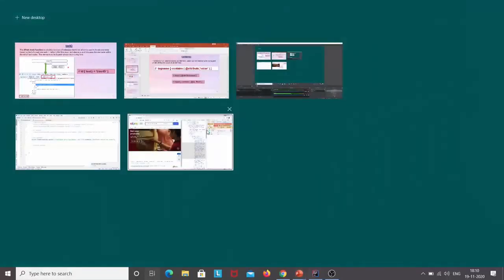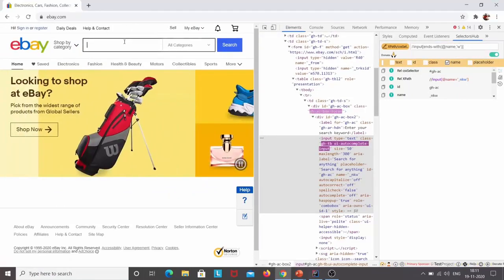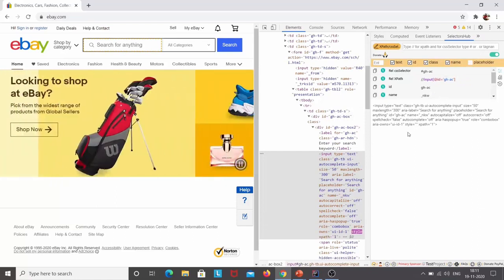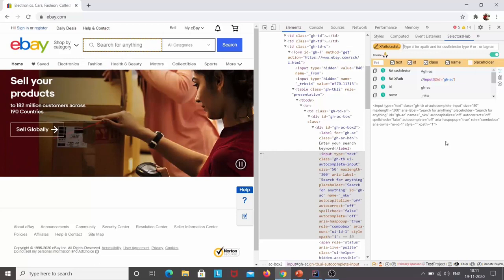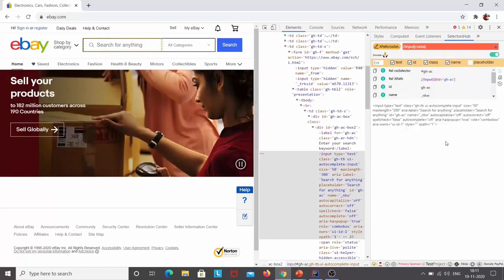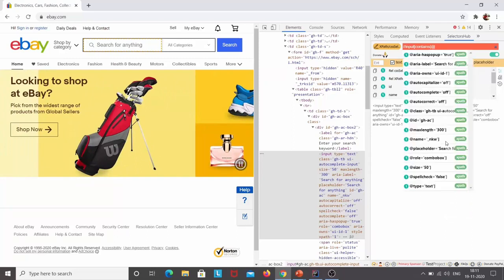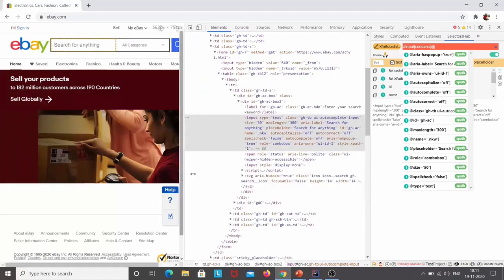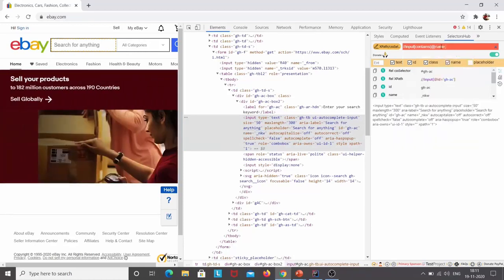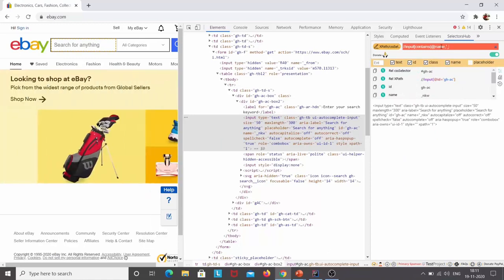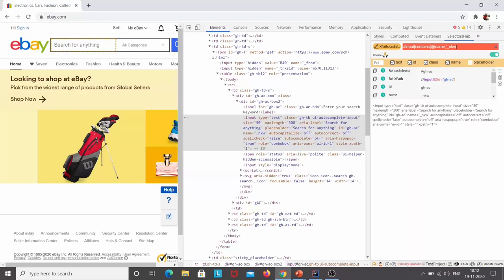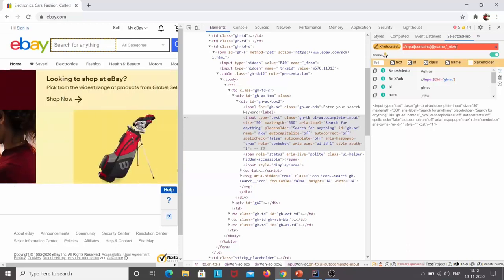So let's implement this first. Now this is the page, this is the element that I want to inspect. I'll click on inspect and here it is. So what I'm going to do is write the XPath over here, for the contains method. So let me write 2 slashes, the tag name, input, then contains, open brackets, @ I'll use the name attribute. So I'll write name, comma, single quotes, underscore nkw. Here you can see this value. Let me copy this. I'll close the bracket,